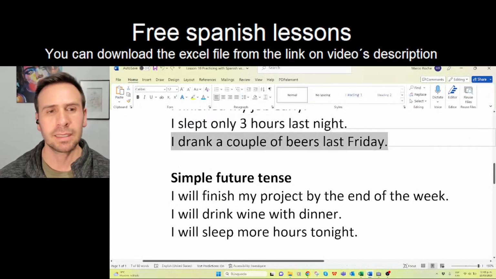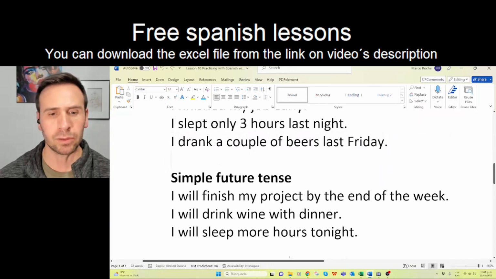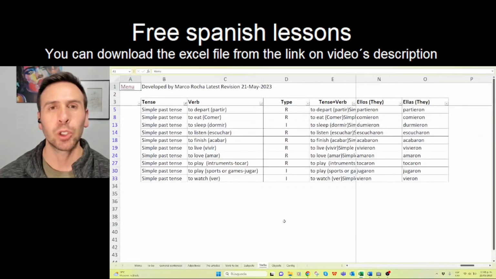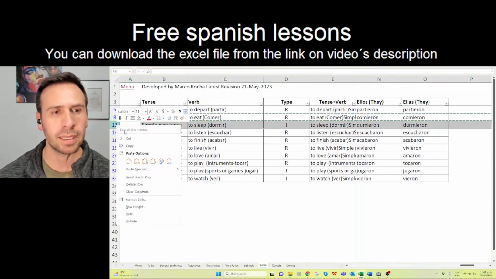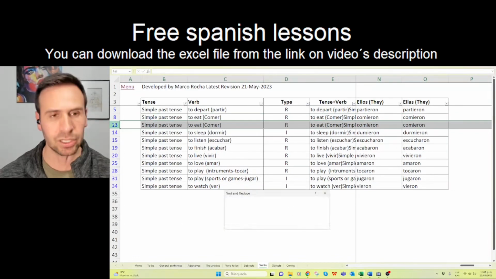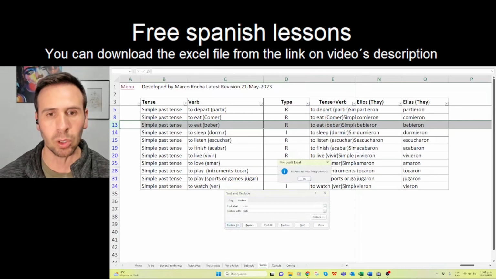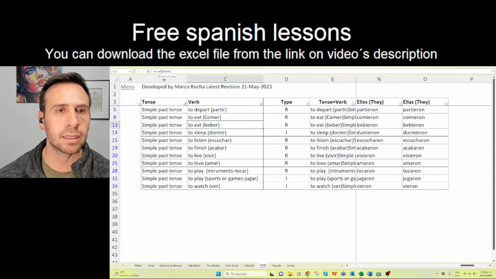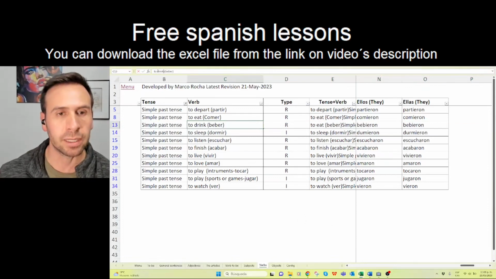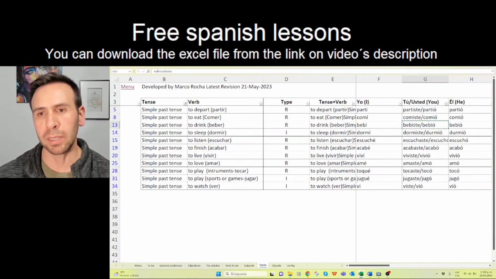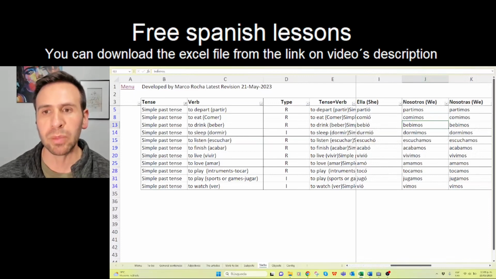The next sentence, I drank a couple of beers last Friday. And then what we need to do is to continue doing the same thing, go to verbs, and in this case, to drink, beber, we need to copy a verb that ends in er. I can copy comer, insert paste row, search, replace comer with beber, but only the root, so you remove er here, replace all, and here to eat, change and put to drink. To drink, beber, in past tense, yo bebí, tú bebiste, usted bebió, él bebió, ella bebió, nosotros bebimos, nosotras bebimos,